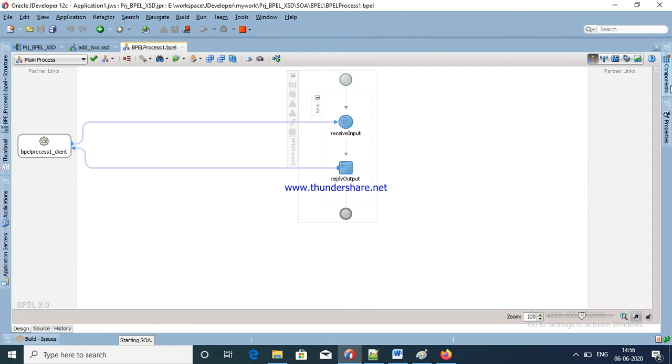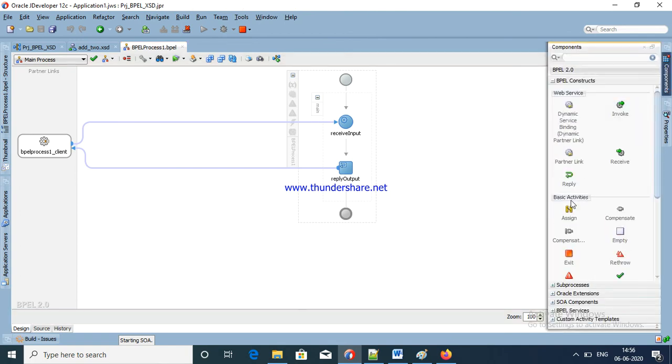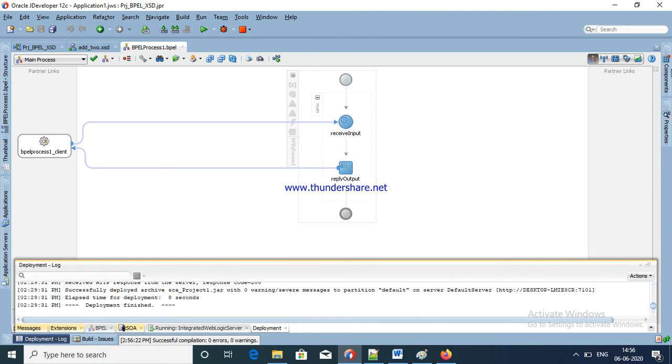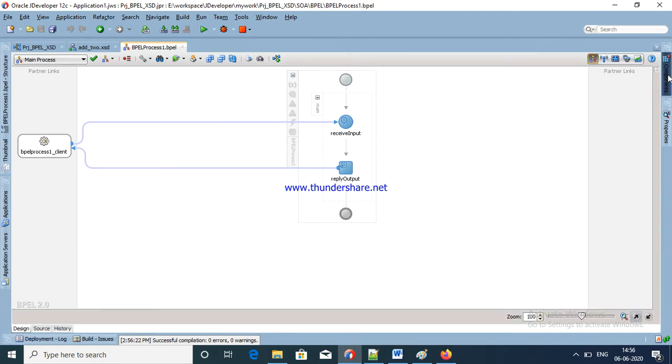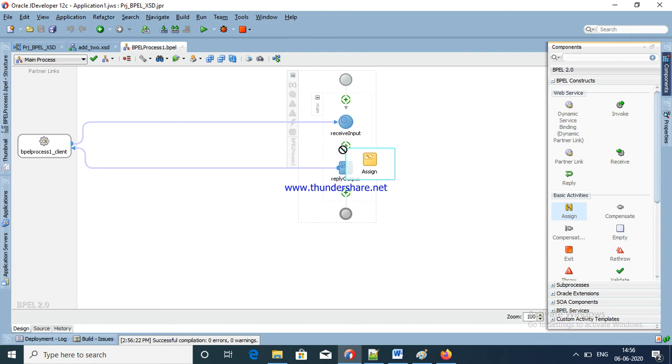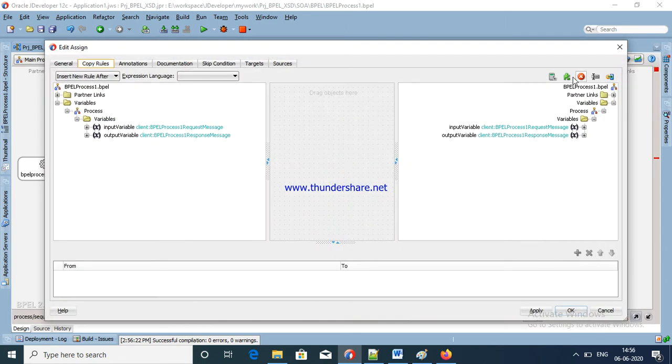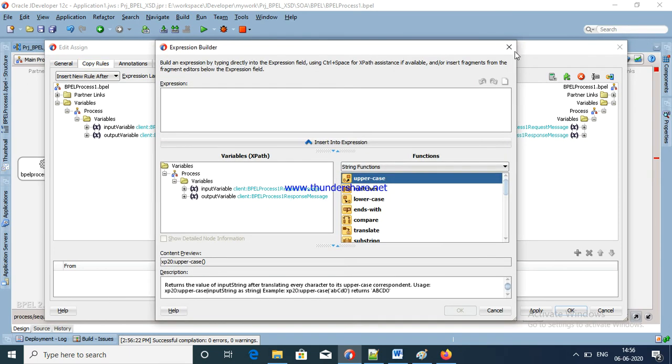After using assign activity, I am going to do both, adding two numbers and comment. Just drag assign activity. Now assign activity is completed. Okay, I am going to choose result. Close this.